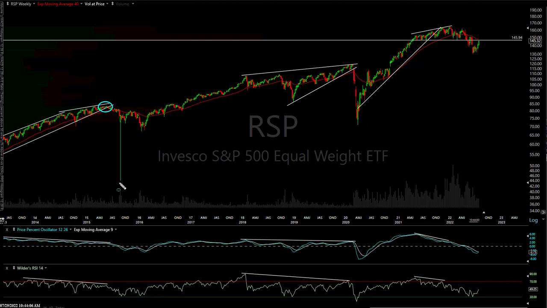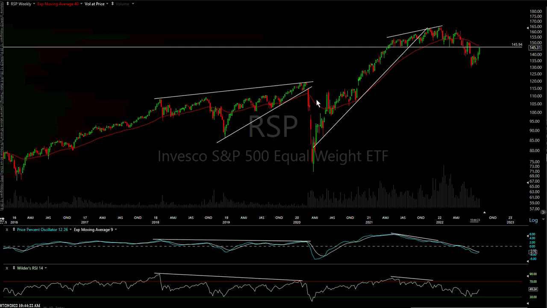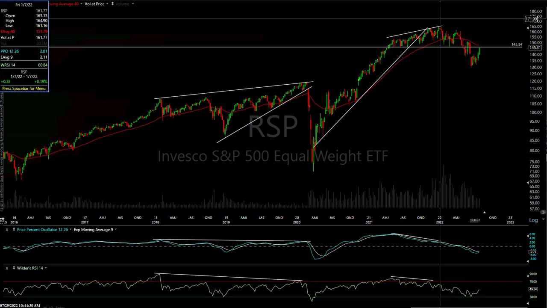That's just a wonky little candle, maybe a little flash crash in this particular one, but that was still a big drop. 2015 was a bear market, or at best a deer market, where you went sideways for about a year and a half, and sideways to down, that is. And then of course you had the divergence right there before COVID hit, negative divergence, big drop, and then divergence before this high, when the S&P 500 didn't peak until right around the beginning of the year, where the Nasdaq peaked back in November.